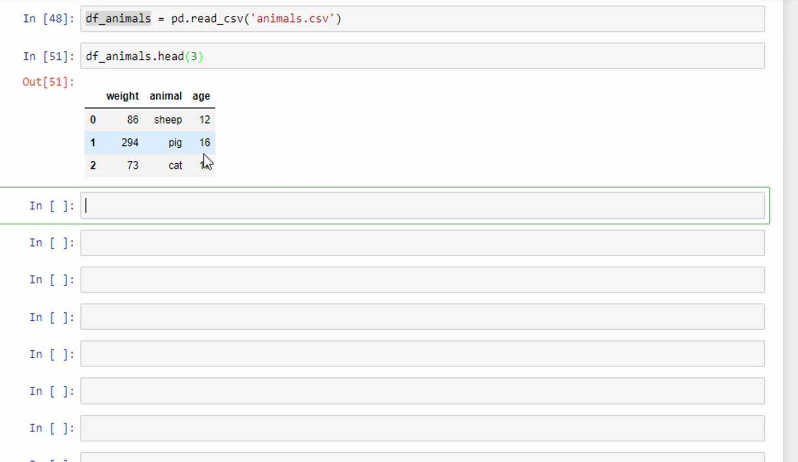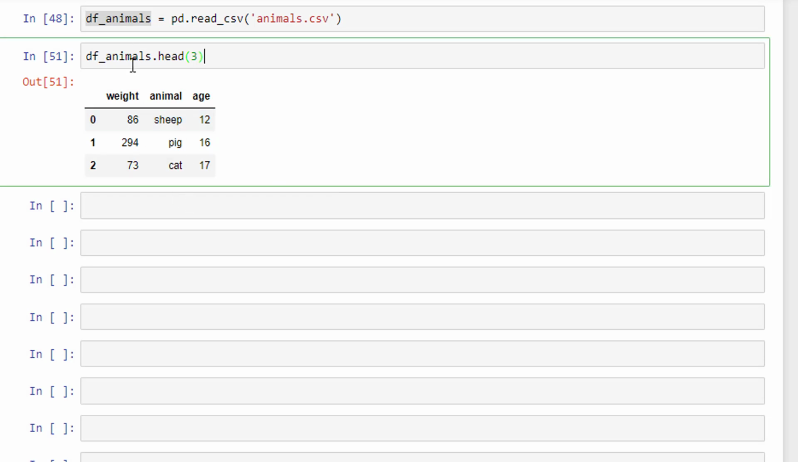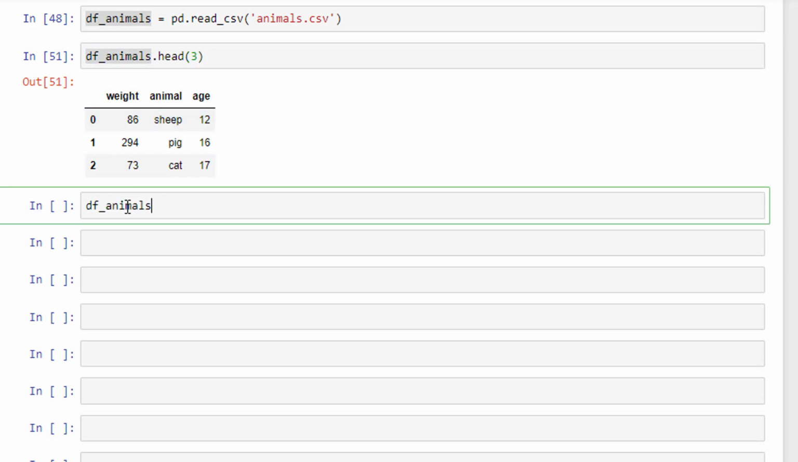So the first thing is, let's make a new column. It's completely useless, but let's do it anyway. Let's just call it short name, like so. And I want to make a short version of the animal name. So data frame animals, animal,